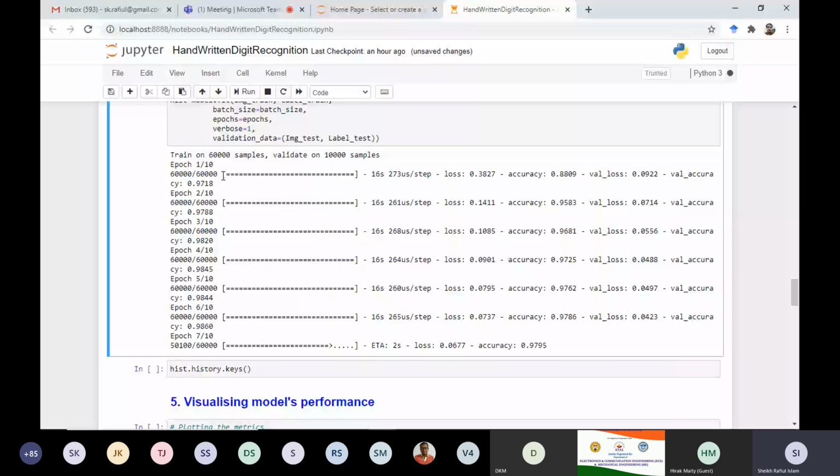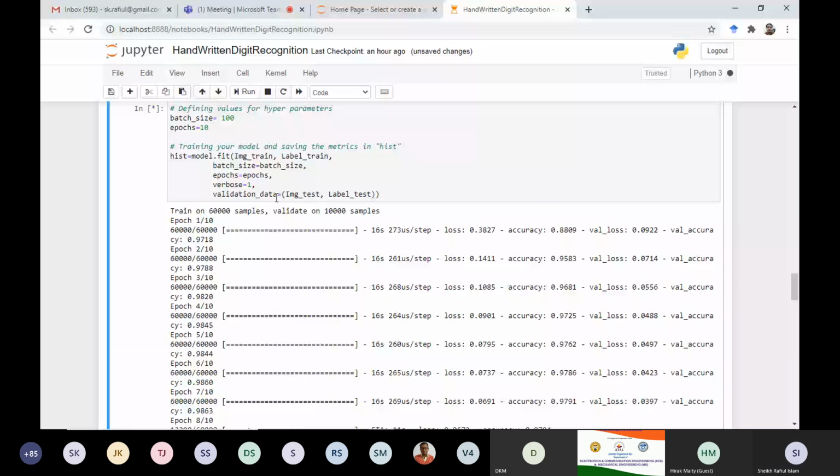After that, validation data means during training, our model will also be validated. Practically, what we do is, there are 3 datasets. After having the whole dataset, we divide it into 3 portions. The major portion will be used for training.